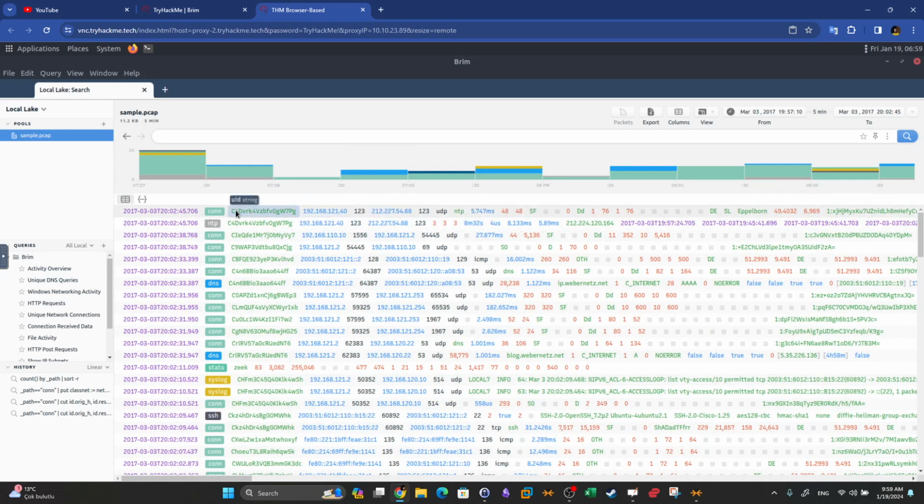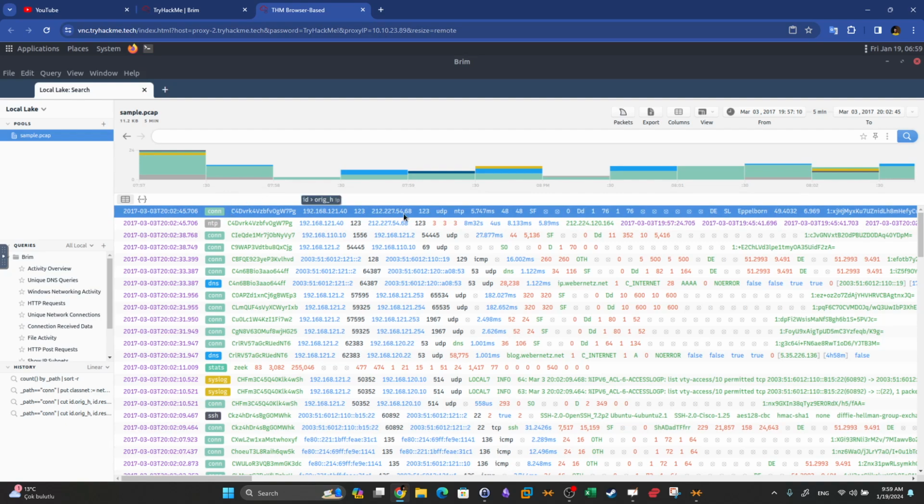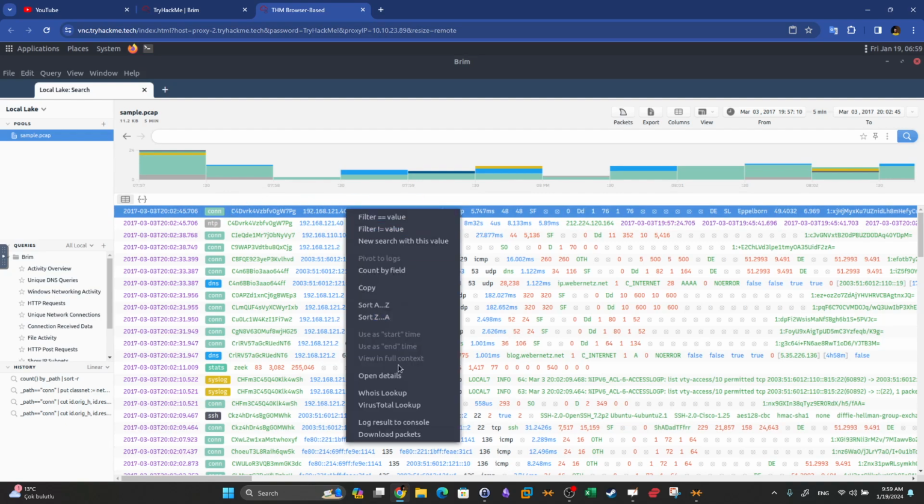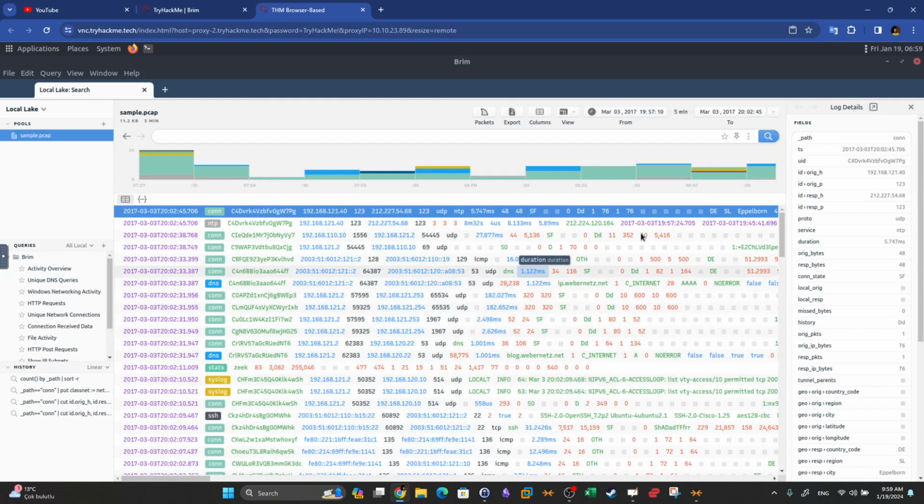Now we can click on a specific packet, right click and open details. When we open the details, we can see all of the available fields, right? These fields are part of the respective log file. Now, how to find the log file? Basically, as you can see, guys, we have the keywords conn, NTP, DNS. These represent the log files. So when we click on a sample packet from this log file, we can see the fields in this